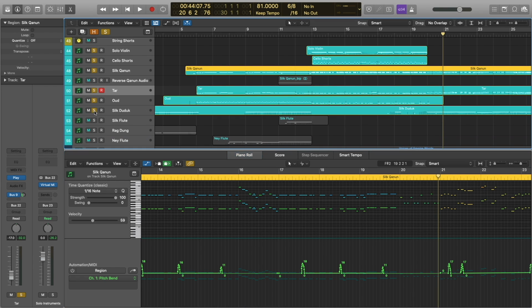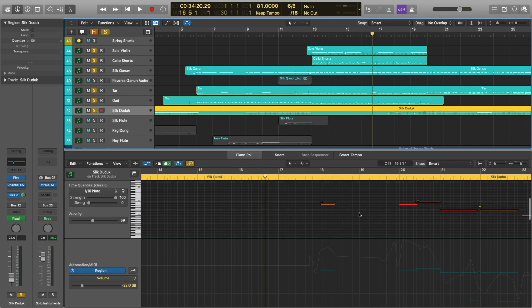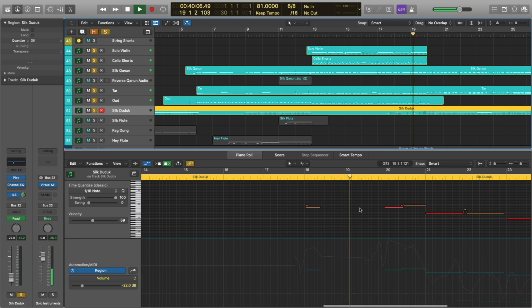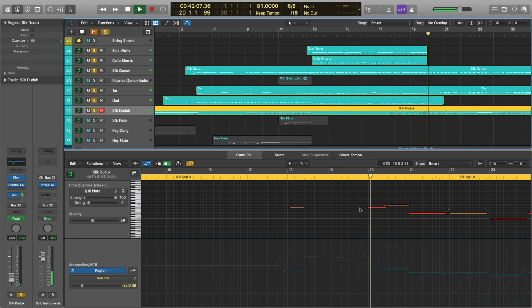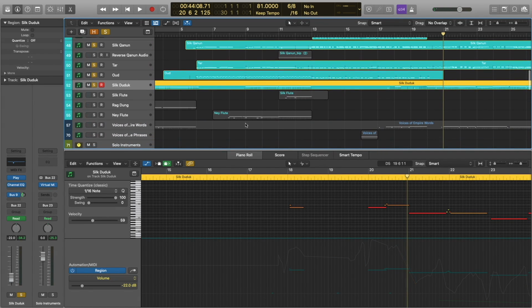And now let's add the duduk. And it's really just coming in the last part of this phrase, so... All right, and finally, let's add our Voices of the Empire.